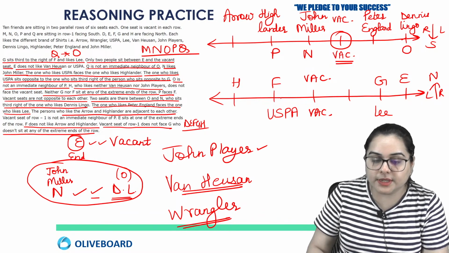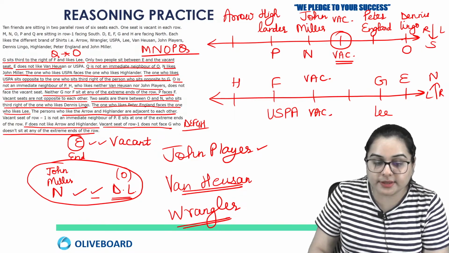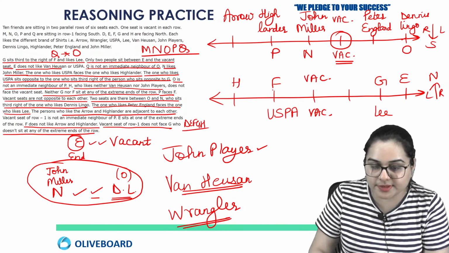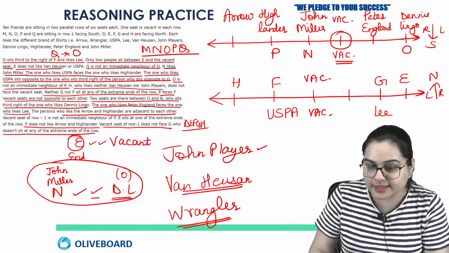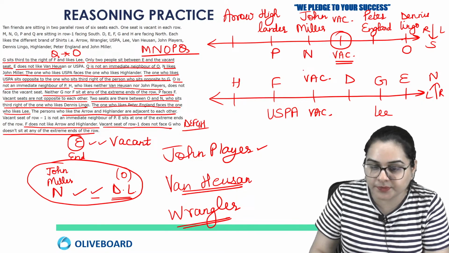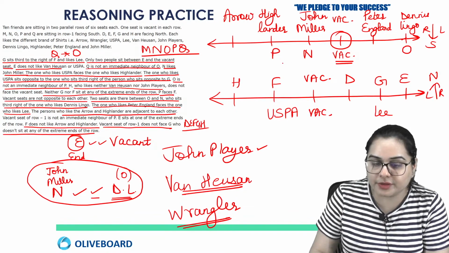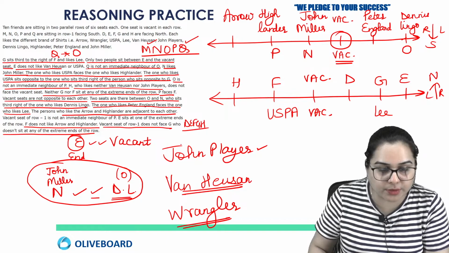Okay. So now in the second row, let's fill the names of the persons if we can. So we have D, E, F, G, H. Out of these, we have filled F, H, G and E. So we are left with just one name, which is D. And in the row above, which names are we not done with? It is M, N, O, P done and Q. So we have two names which are M and Q.